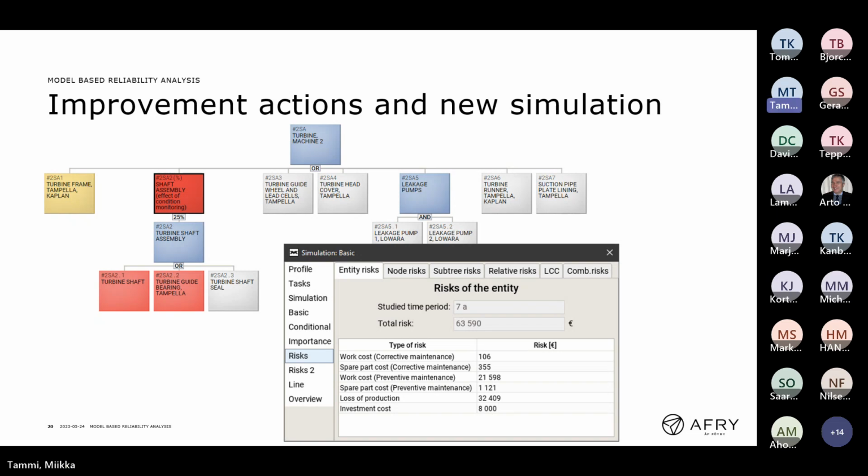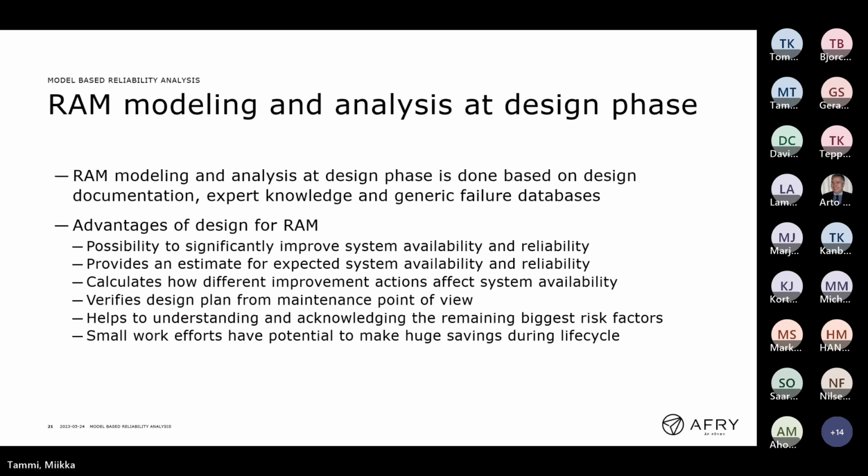So, a really simple example of how we can proceed from history data, add some expert knowledge, and head to improvement actions and get a smaller risk status. So history data is a great basis for RAM analysis